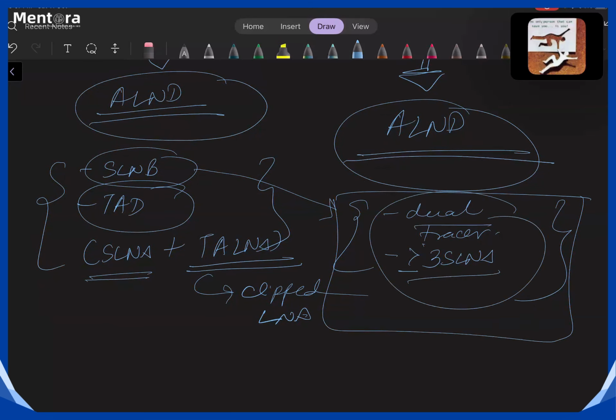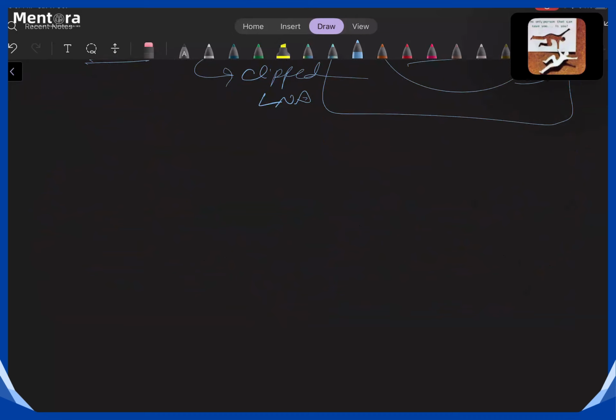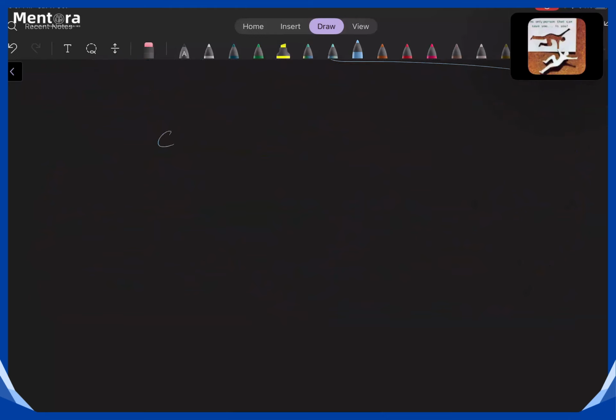So these are the two criteria that you must follow if you are performing sentinel lymph node biopsy. We have discussed the neoadjuvant therapy. We did the surgery for the primary and the axilla. Now the third thing that we are going to see is the adjuvant treatment. In adjuvant treatment, we have two modalities. One is the radiation therapy.